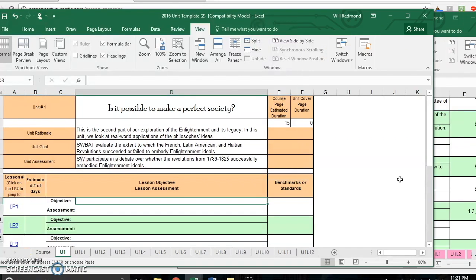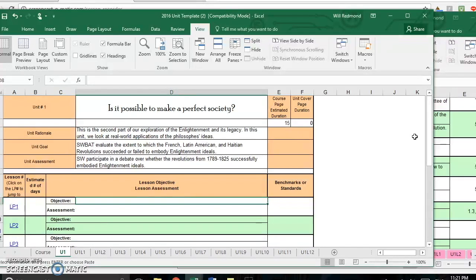Once you know what your unit is about, you really want to make sure you're focusing in on the unit goal and the unit assessment. Everything you do should be building towards those two things. For me here, the unit goal is students will be able to evaluate the extent to which the French, Latin American, and Haitian revolutions succeeded or failed to embody Enlightenment ideals. My unit assessment is students will participate in a debate over whether the revolutions from 1789 to 1825 successfully embodied